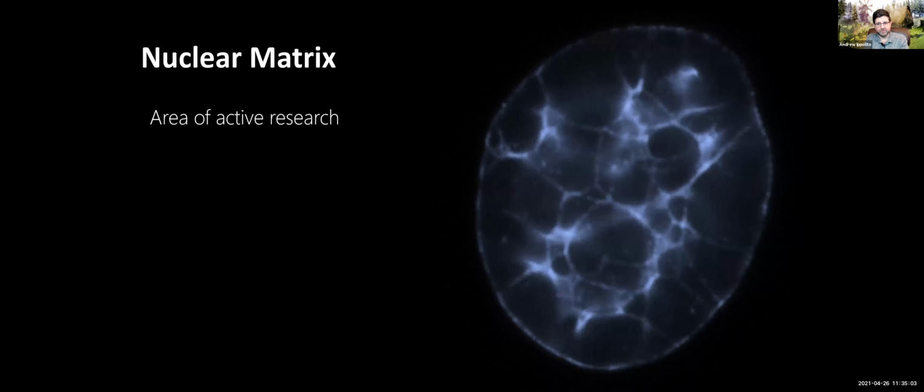And then I took this picture in grad school. This is one of the things I was very proud of. This is the nuclear matrix, supposedly. And the more I stare at this, the more I realized that I was probably looking at chromatin territories. So this is a protein called PML that I'm doing immunofluorescence with.